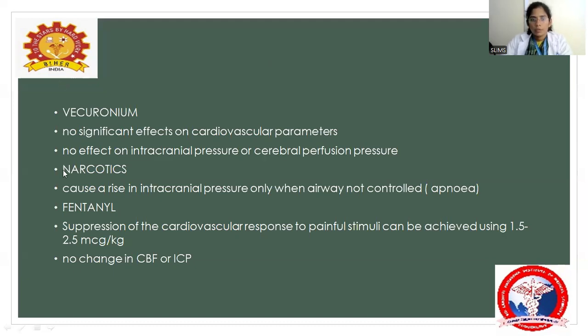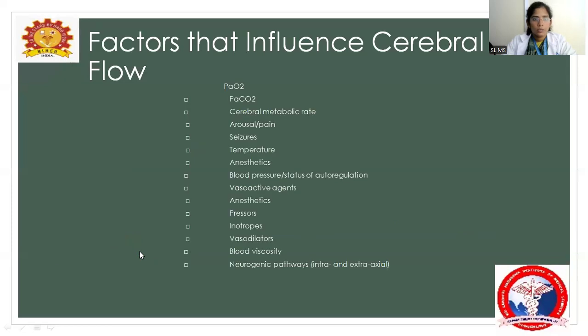Okay. So fentanyl, there will be suppression of cardiovascular response to painful stimulus, usually in the dose of 1.5 to 2.5 mics per kg. It usually doesn't have any change in cerebral blood flow or ICP. Okay. Then the other being,